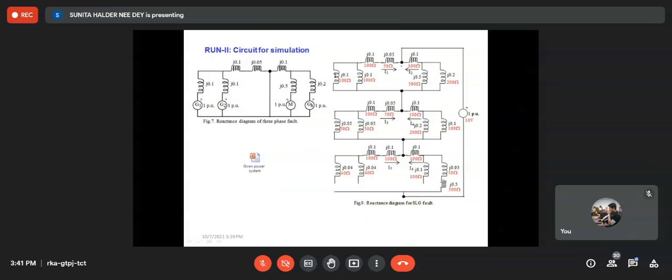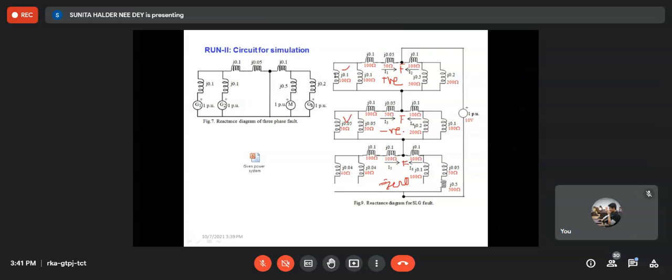You learned this from your theoretical class. So this is the fault point, right? Every fault point is connected to the ground reference of the other, so that they can be connected in series. So this is the method. In between, this is the positive sequence network, this is the negative sequence network, and this is the zero sequence network. The positive and negative sequence networks are almost the same. The only difference is that there is no source in the negative sequence network and the impedances are different. If it is 0.1 here, in this case it is 0.05. You can get this from the data sheet available in the instruction manual.